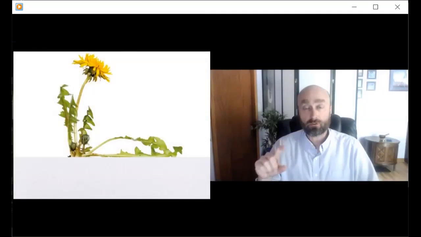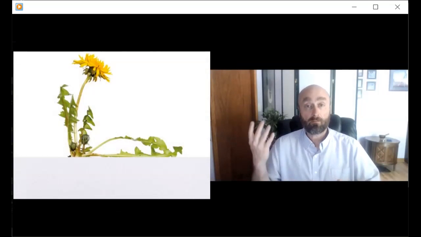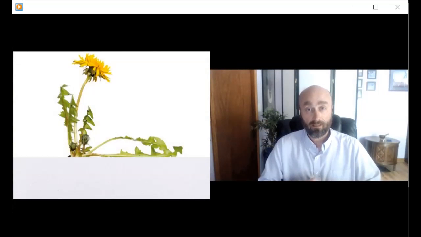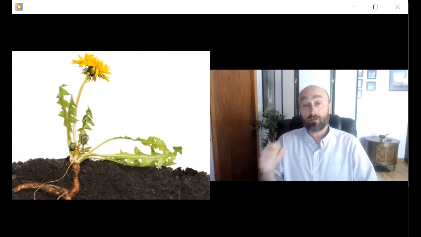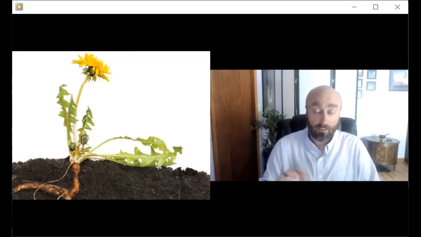I experience triggers as weeds. It was nice a couple days before we set this forth, and I went out and pulled the weeds out of my garden. And the following week I went back and here's that weed again. It keeps popping back up. And so unless I can get at the root of the weed, and the root of the weed, as you may know, is very kind of windy. And so there's a little story that goes along with this.